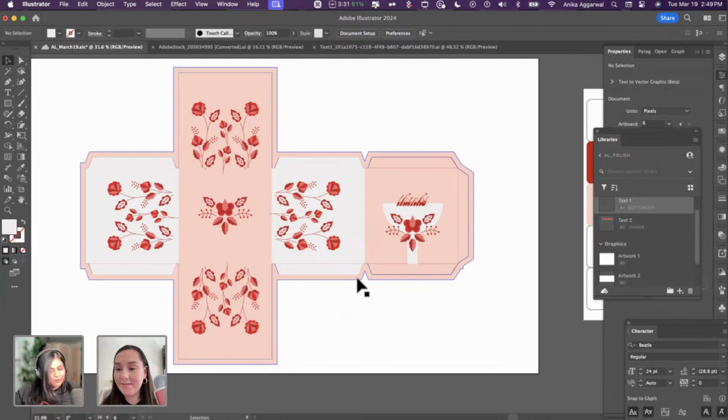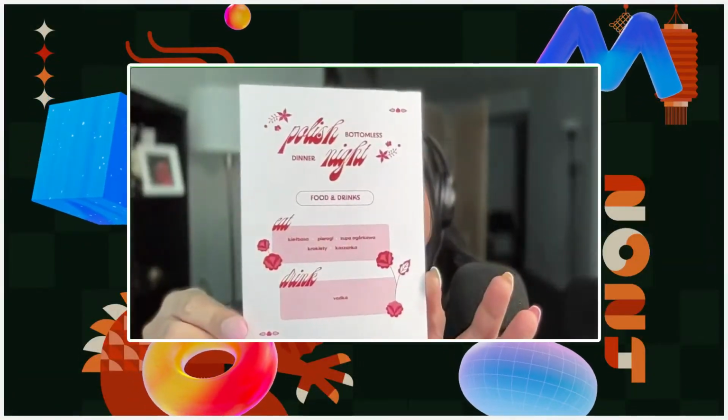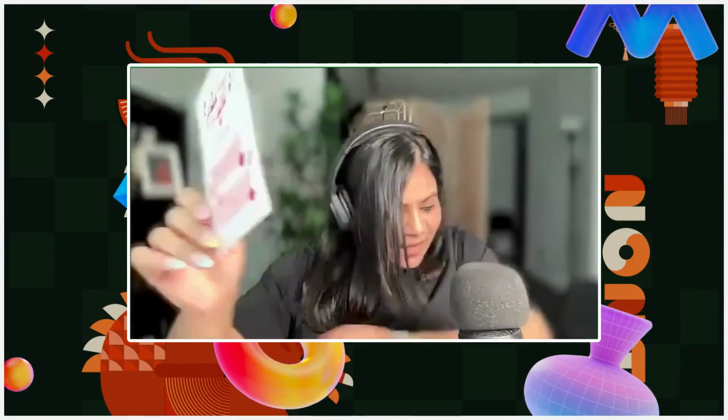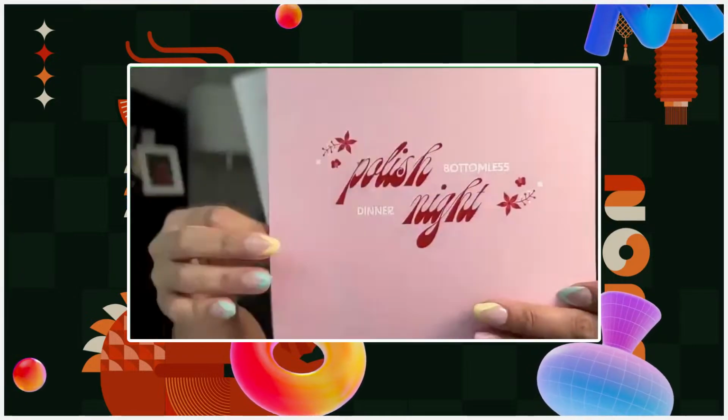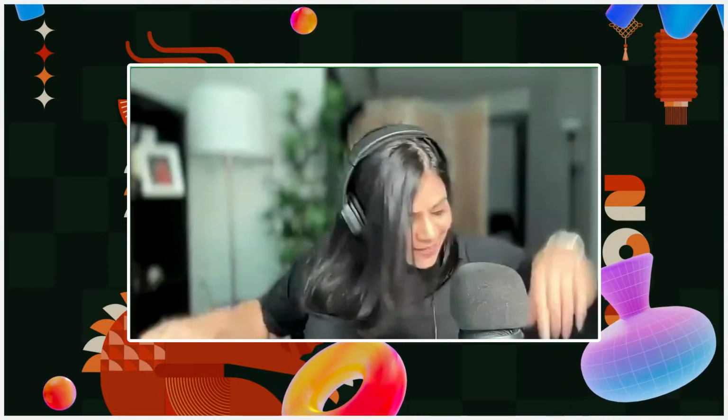So I know we saw some of the elements earlier. Where did I, yeah, here we go. Okay. So this was our actual menu card. This is cool. And then we ended up not printing anything on this side just to save paper and money and make it sustainable and accessible for us. So there was just one side with the back of it, which was like this, which is cool. And then we had name tags. Hey, it's me, Anika, your friend. That was our name tag.